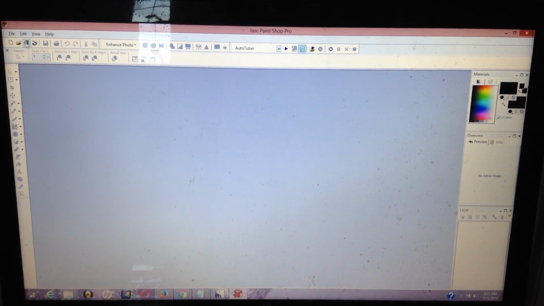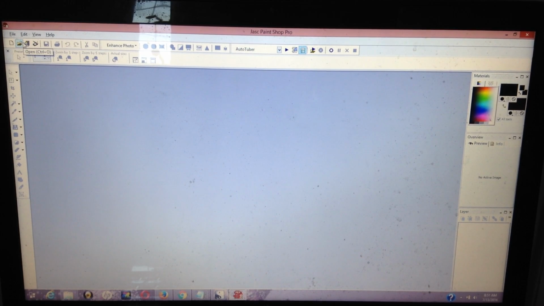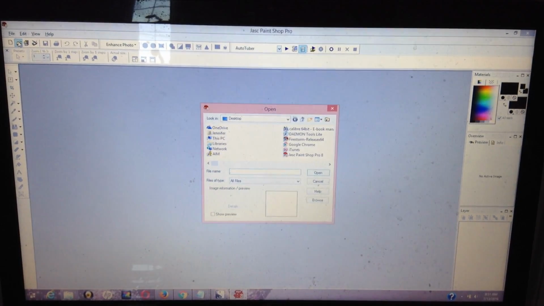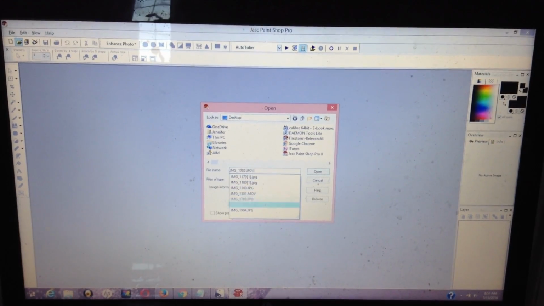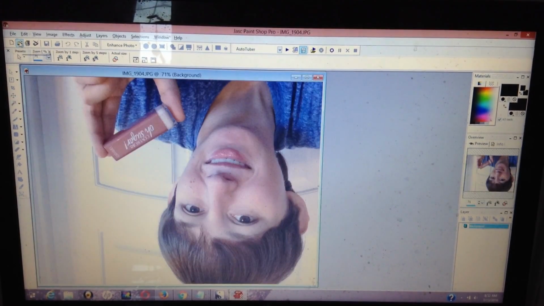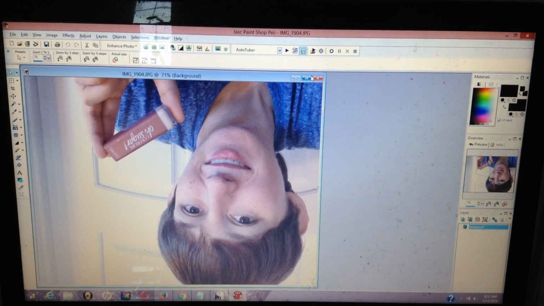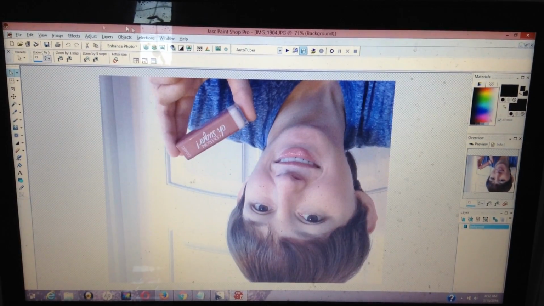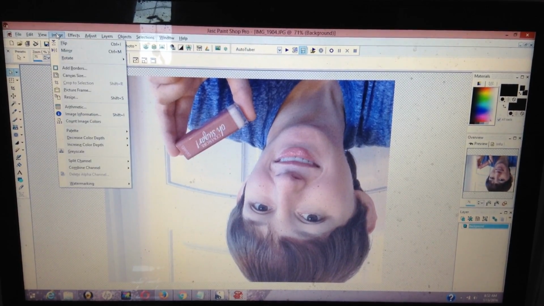I've been using PaintShop Pro literally since about 2005, so yeah, it's an outdated version, but I don't care. It works well for me. So anyway, open your file you're going to make the thumbnail out of. See, I use the front-facing camera a lot of times for the pictures I take for the